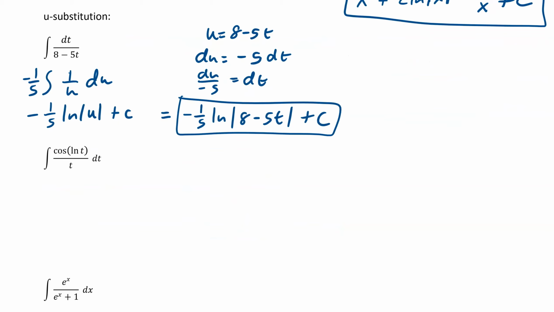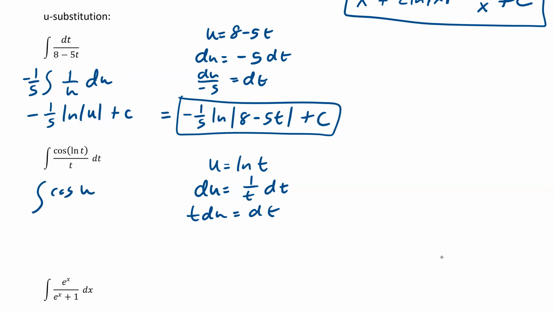All right, let's try another one. So if you notice here, we have u equals ln of t would be the best choice because it is the most inside. So you can also use it within the u substitution. So this is now t du equals dt. So cosine u over t times t du, the t's cancel,